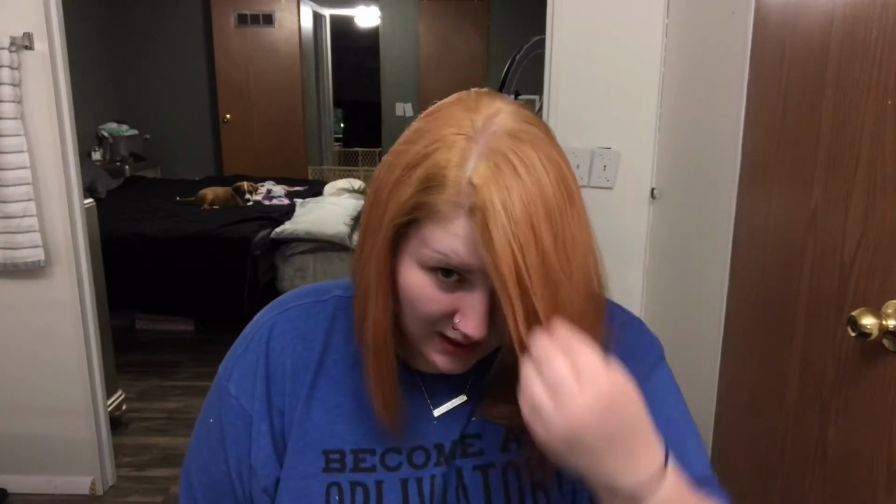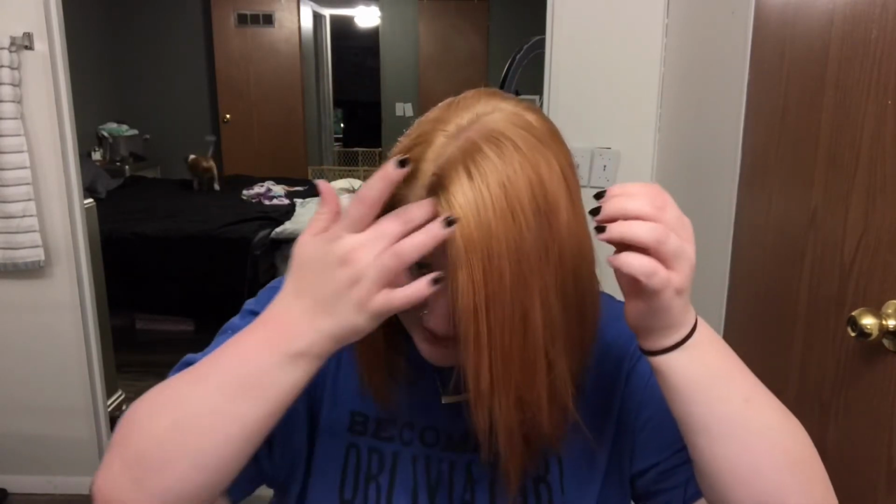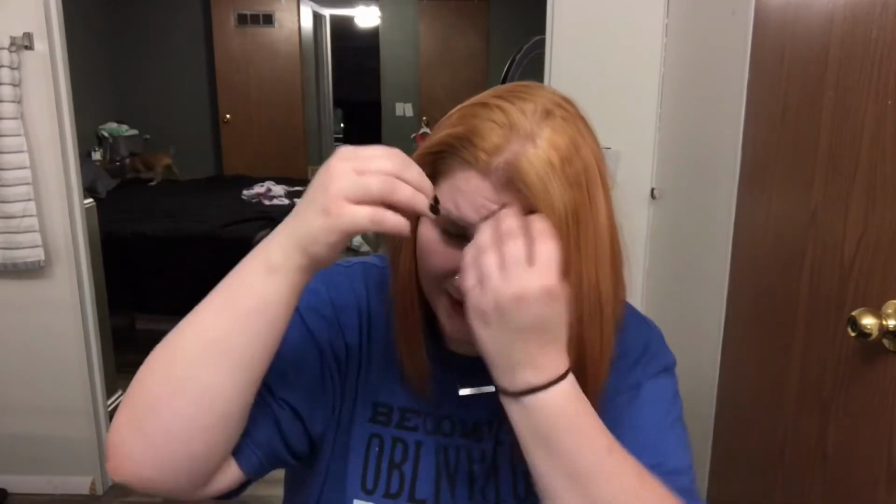It lightened my hair. This is probably the most successful lightening I've done of my hair. It just, you know, took black hair color to get me there. Is this the most perfect bleach job in the world? No. I got a little bit of the hot root, and there's random places, like when I pull my hair back, you can see there's random places that didn't get quite as light,